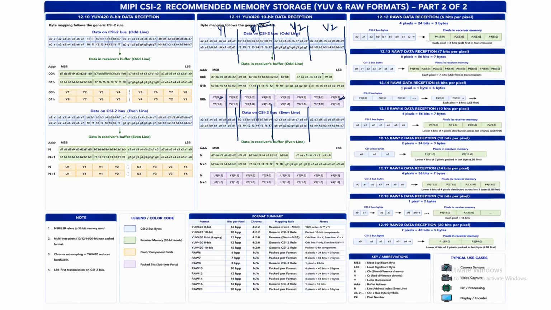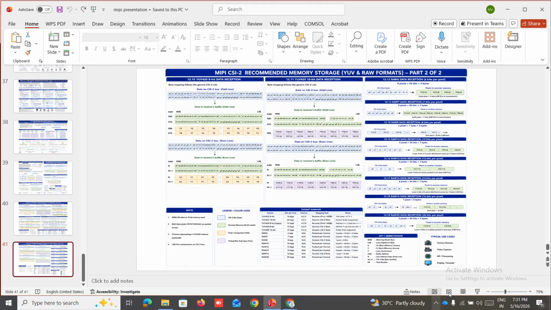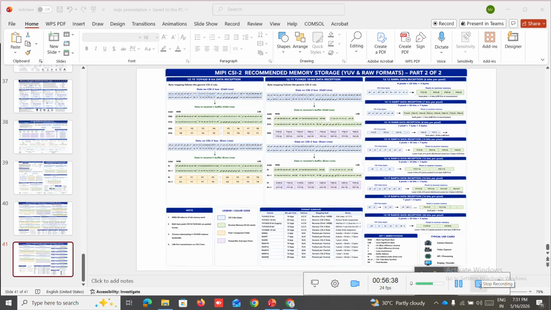Similarly, raw data also. How raw data is packed on the transmitter side, and then how it is unpacked at the receiver side. This raw data will be taken care of that. Clear? So this is all about your MIPI protocol. So you can go through each and every slide. Then you will know what data it is. Even and odd, both should be there in